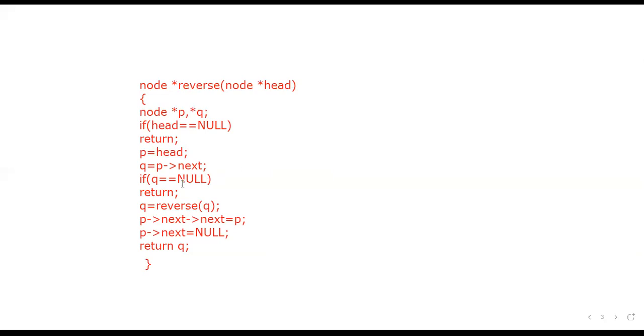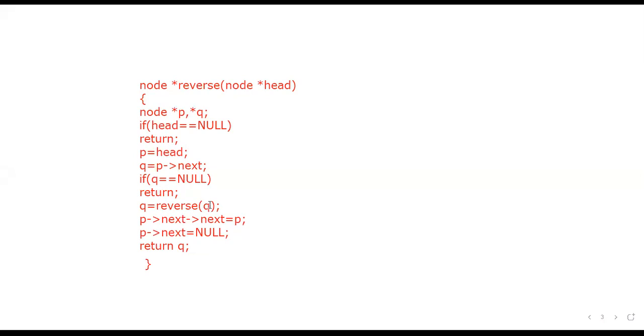So now you see the code. This is the condition for reversing the list. If Q is null, then return a value. So you enter the list reverse.